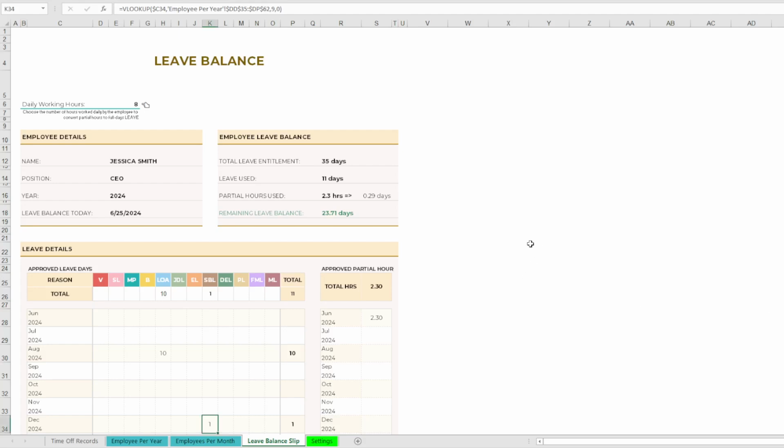Hi again. In this short tutorial, I'm going to show you how the leave balance slip is working, what it's doing, how you can use it, and I hope this will be very useful to you. Basically, this leave balance slip, by its name, is presenting you all the leave requests approved and all the